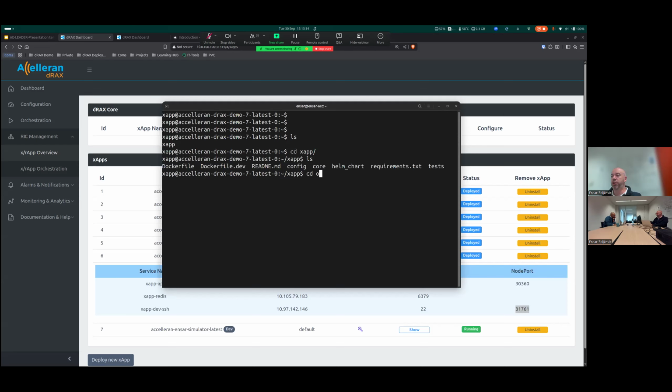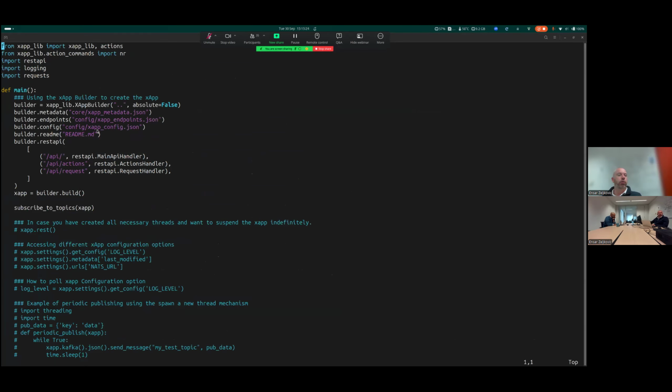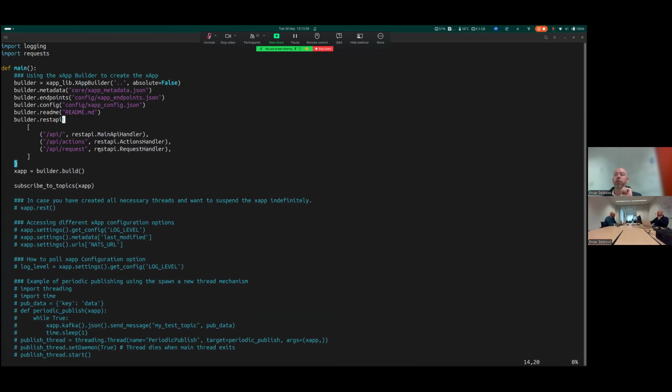You can basically just enter this core folder. And here we have a bunch of files. If I show you the xApp main, you can see what the xApp actually looks like, right? As I said, this is one of the xApp templates. It's a working xApp. There's some builder code over here, which we can go into detail on, and there's a detailed explanation about this in the dev guide as well. We'll get back to it a little bit later.